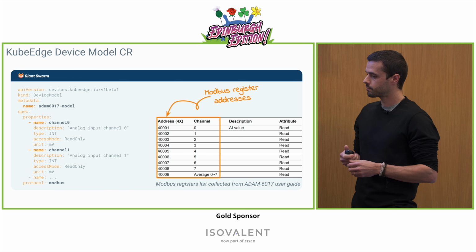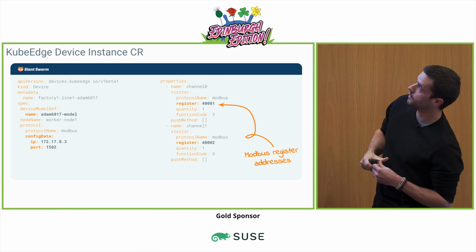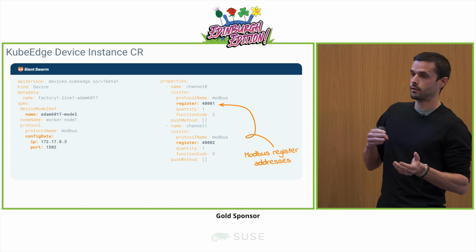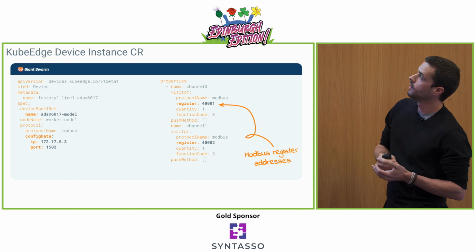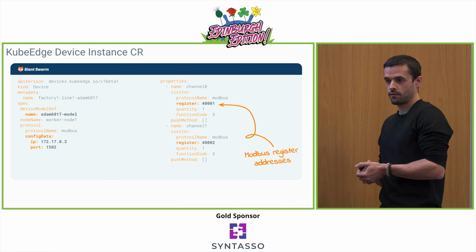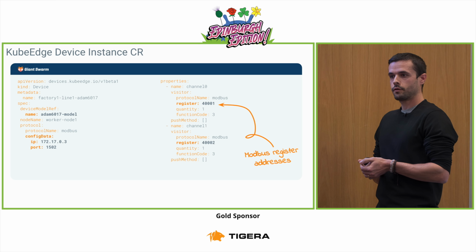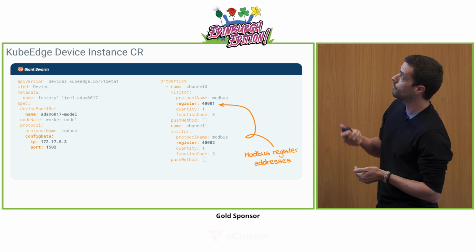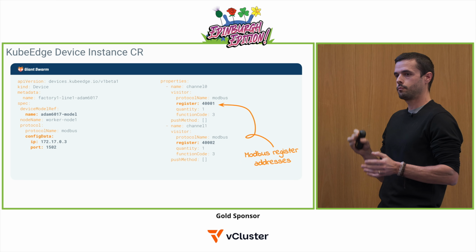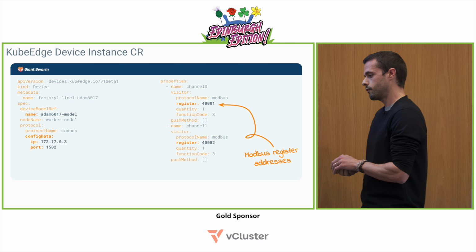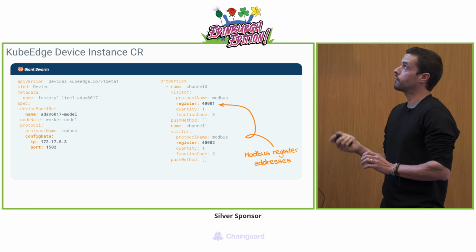And then in our device instance, we get pretty much the same things. We have a device model ref that references the device model we just created, config data on how to access this thing on IP and ports, and then on the right-hand side, we specify the Modbus register addresses. You can add push methods if you want to push the data to an IoT platform or something like that. But enough theory, let's get into the fun parts, which might be not so fun for us,